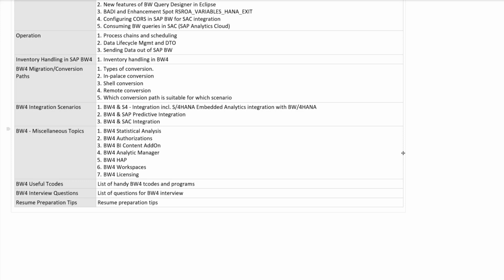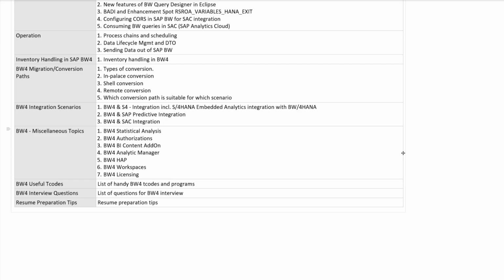Then we will look at the analytic manager, the HANA analysis process, workspaces, and also how licensing is done for BW/4HANA.